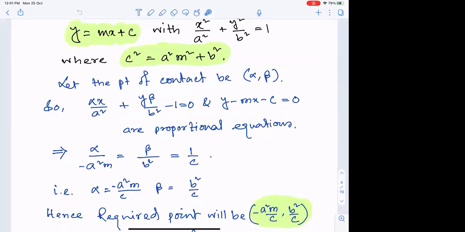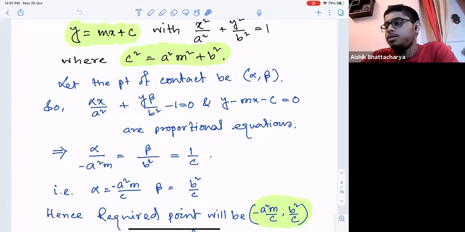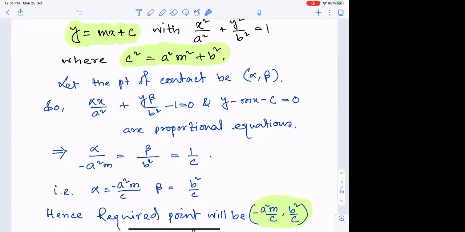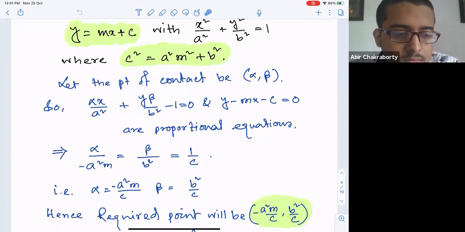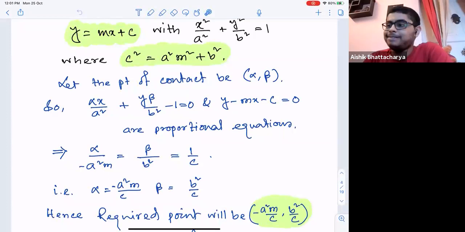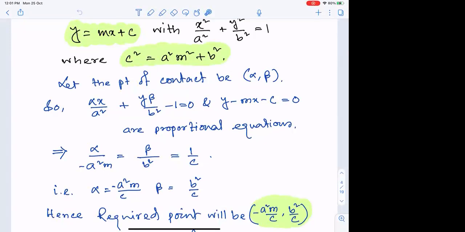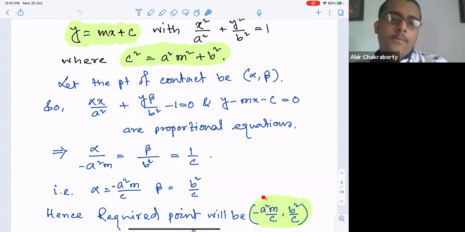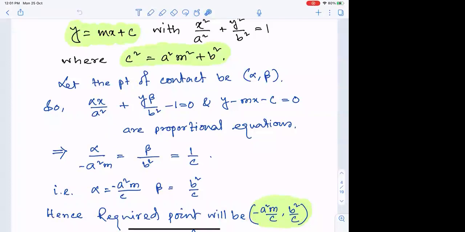Is c fixed or does it have two possibilities? If lambda is one possibility of c, then what is the other possible value of c? So minus lambda. So c can accept two values which are negative of each other. That means the point of tangency for two parallel tangents, there will be two coordinates who are reflection of each other about origin.